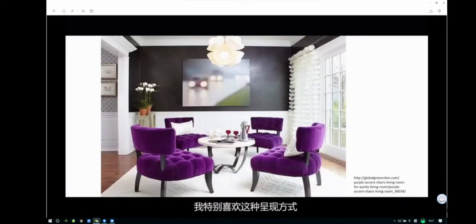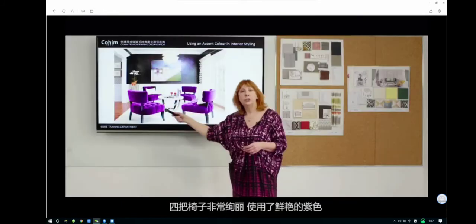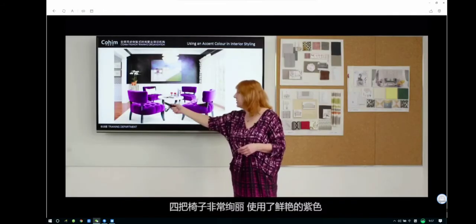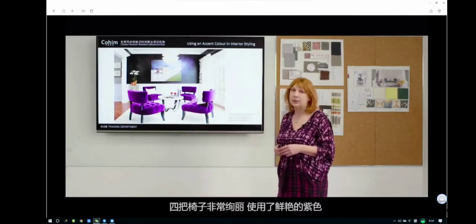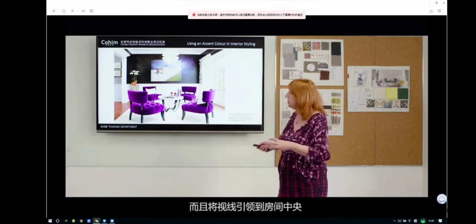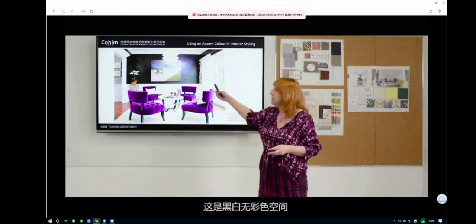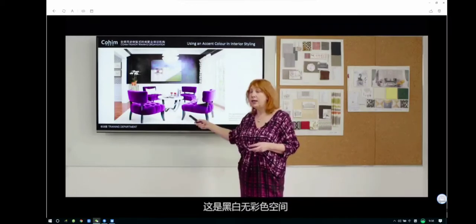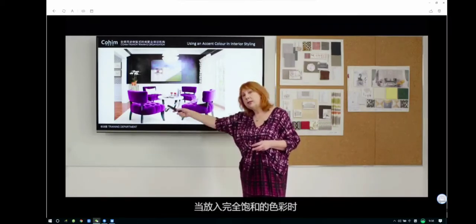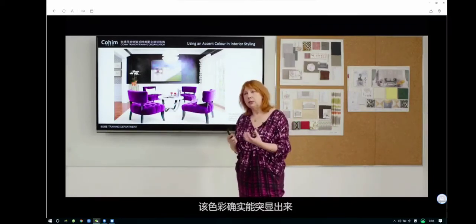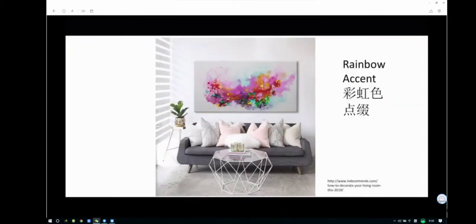And I like the way that they've really made these 4 chairs look so glamorous with the velvet in this rich purple color here, which again brings your eye to the center of the room. Once again, an achromatic space, white and gray, but when you put a fully saturated color in it, the color really pops. So once again, we have an achromatic space here, but we've added a multicolored painting here, which